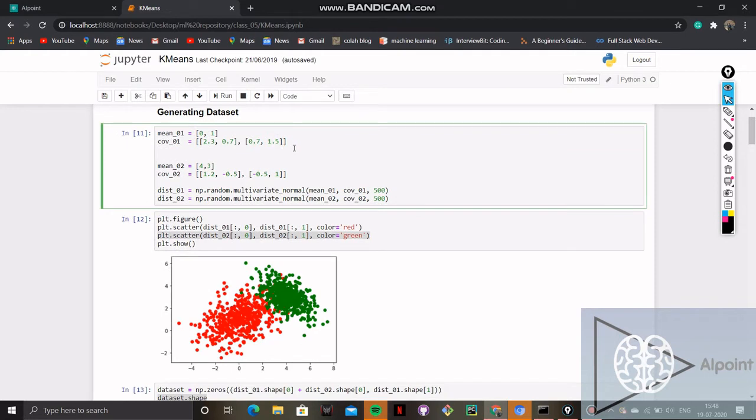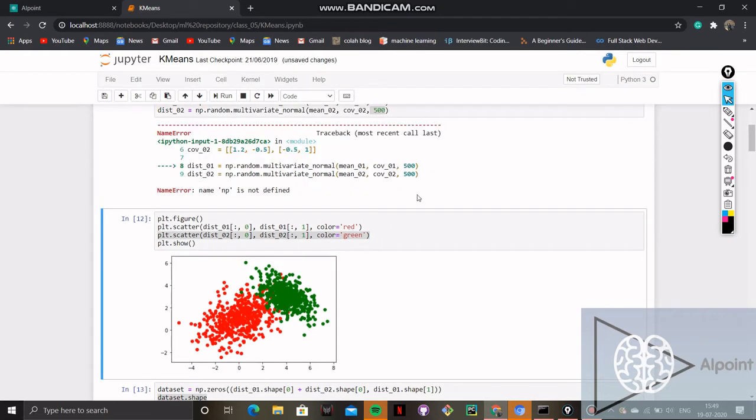We have taken two different distributions, with mean 01 and covariance 01, and mean 02 and covariance 02. Distribution 1, using np.random, creates 500 data points on mean 01 and covariance 01, and distribution 2 generates 500 random data points on mean 02 and covariance 02.